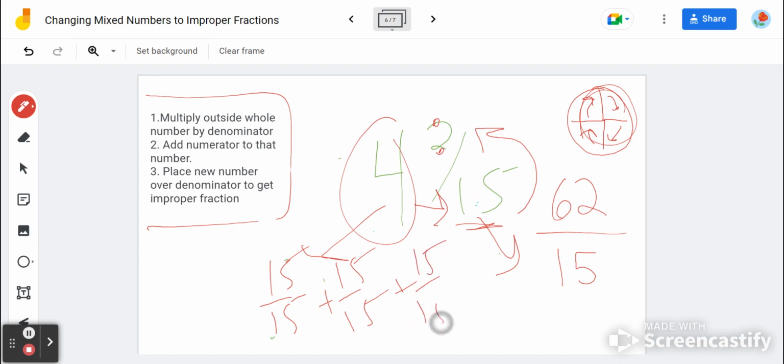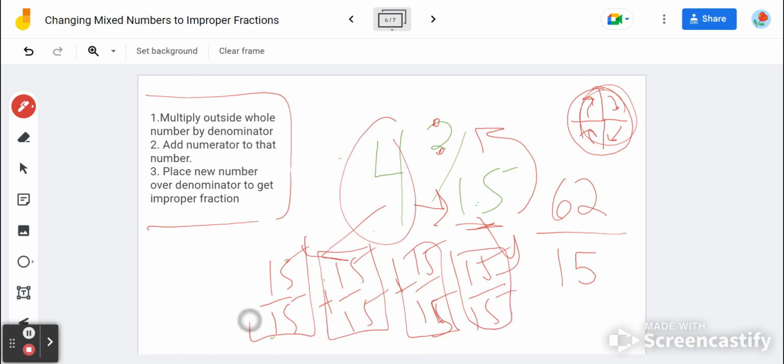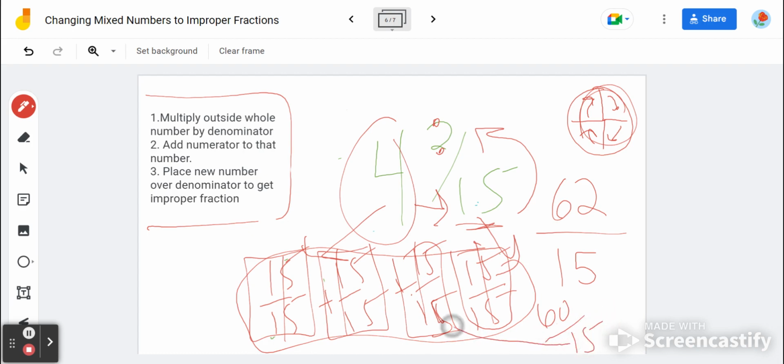So 15 out of 15, 15 out of 15. I apologize, it's a little sloppy, but these are our four wholes right now. So we have these 4, 1 whole, 2 wholes, 3 wholes, 4 wholes, and that will be 15, 30, 45, 60. So this 60 over 15, 60 divided by 15 represents that 4, but we still need to add this